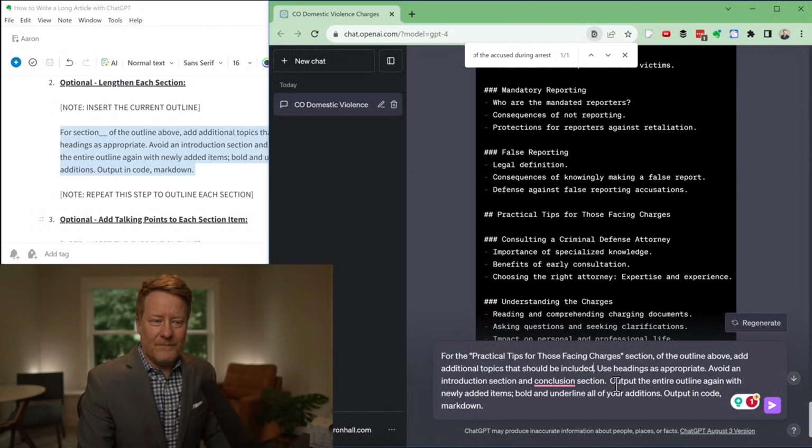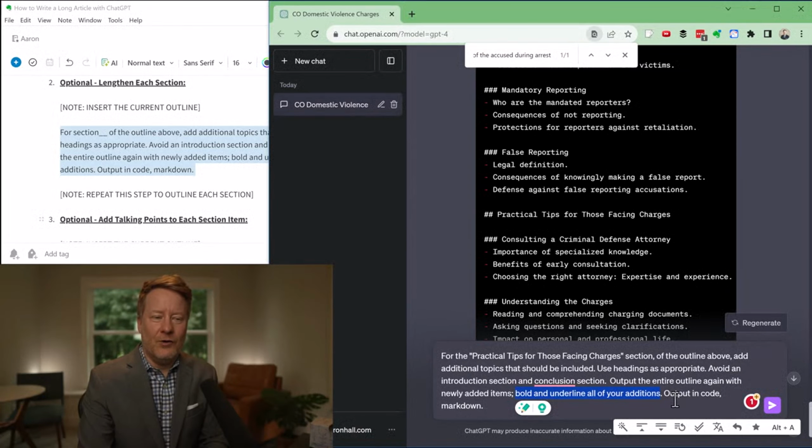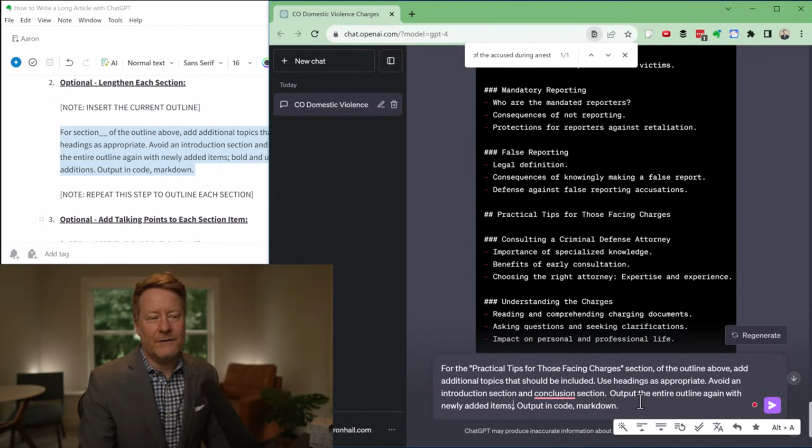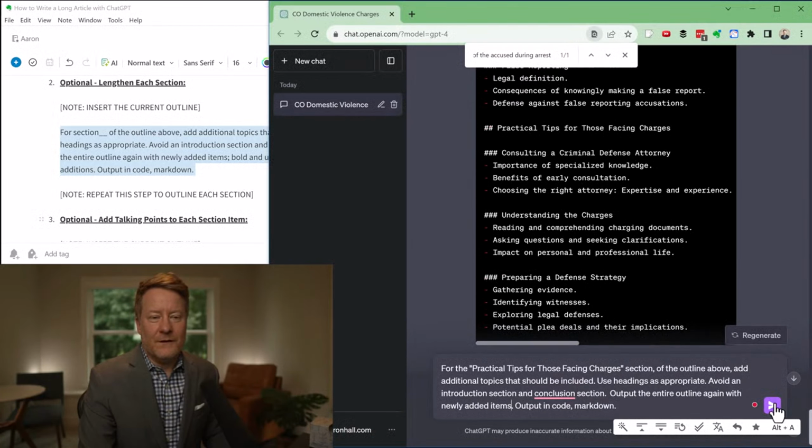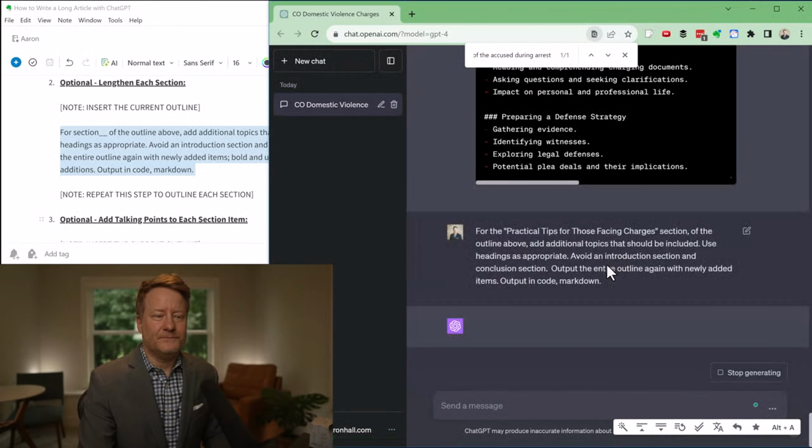And I'm going to get rid of this bold and underline all of your additions because I don't care to see that right now. So we're just going to use this as a little quick example.